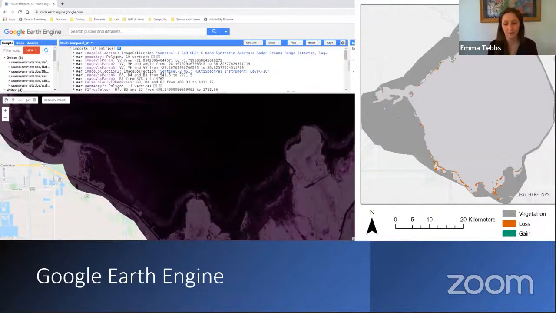It's a platform that allows you to process large volumes of satellite data and access lots of archives from NASA and European Space Agency and other sensors and process them in the cloud, so you don't have to download that imagery, and it just speeds up the process and allows you to look at long time series of data as well. And so in the example here, this is a radar satellite image of Lake Okeechobee in Florida, and